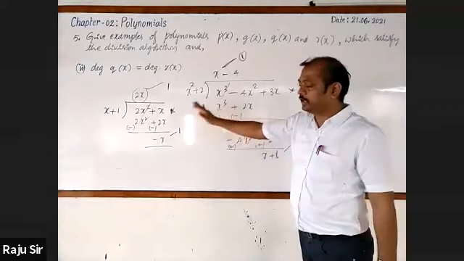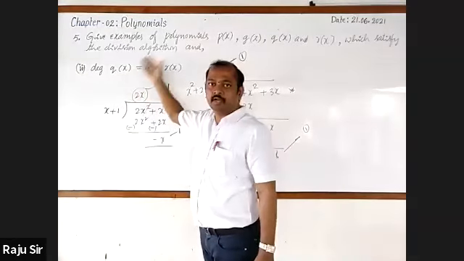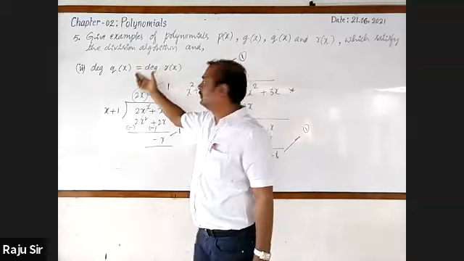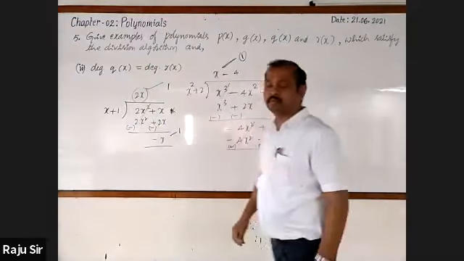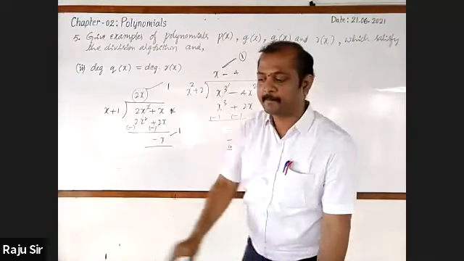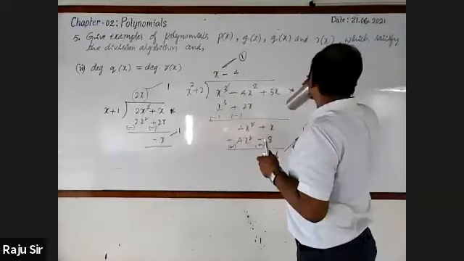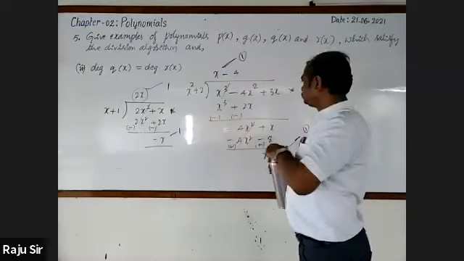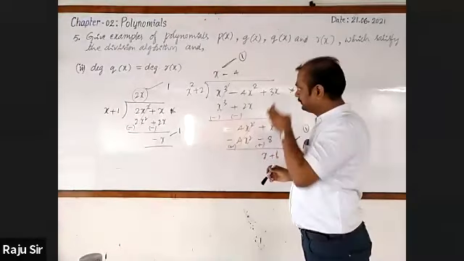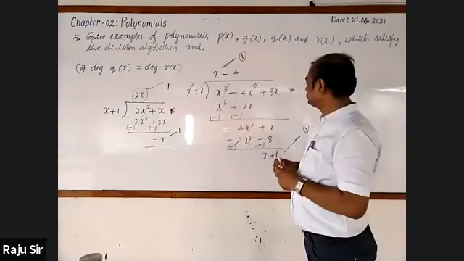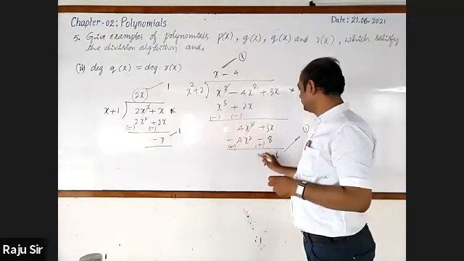Okay, once this condition is good, then we can write all the polynomials which satisfy this condition. Sir, 4x square plus 3x are there. 4x square plus 3x. Second problem here.